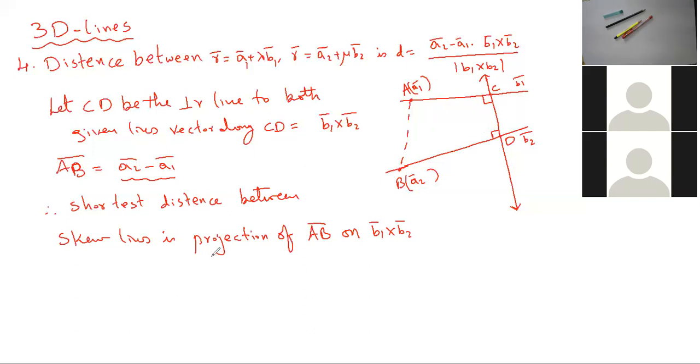But you are getting the vector which is perpendicular to both the vectors. So the shortest distance between the skew lines is the projection of AB bar on a vector perpendicular to both lines, which is B1 cross B2. According to the projection of vector formula, projection of A bar on B bar is A bar dot B bar by mod B bar. So with AB bar as A2 minus A1, it is A2 minus A1 dot B1 cross B2 by mod B1 cross B2. As it is a distance, you will take the modulus even for the numerator, right?